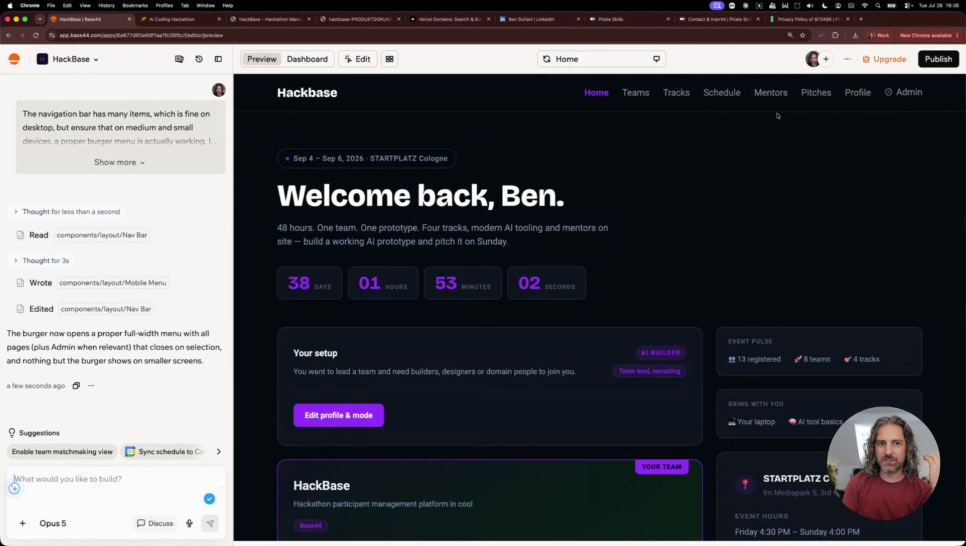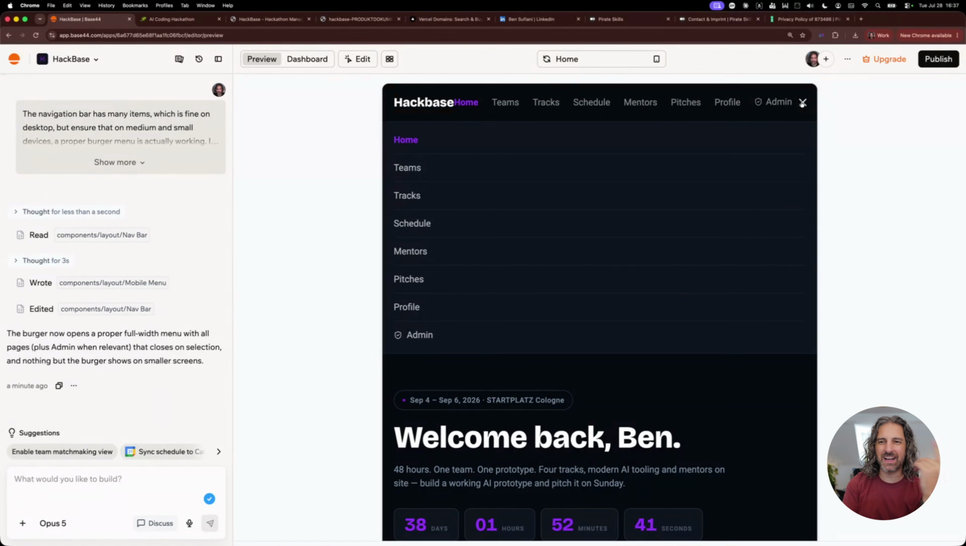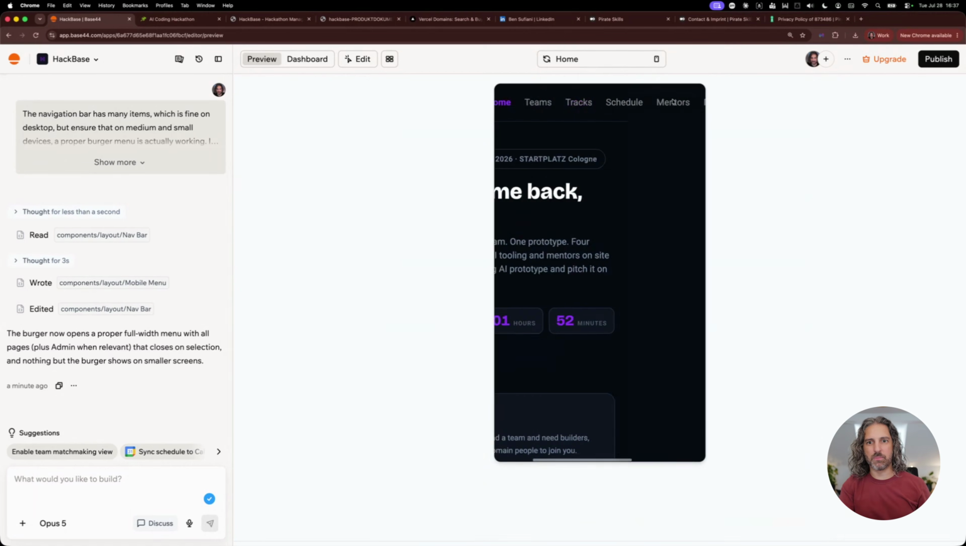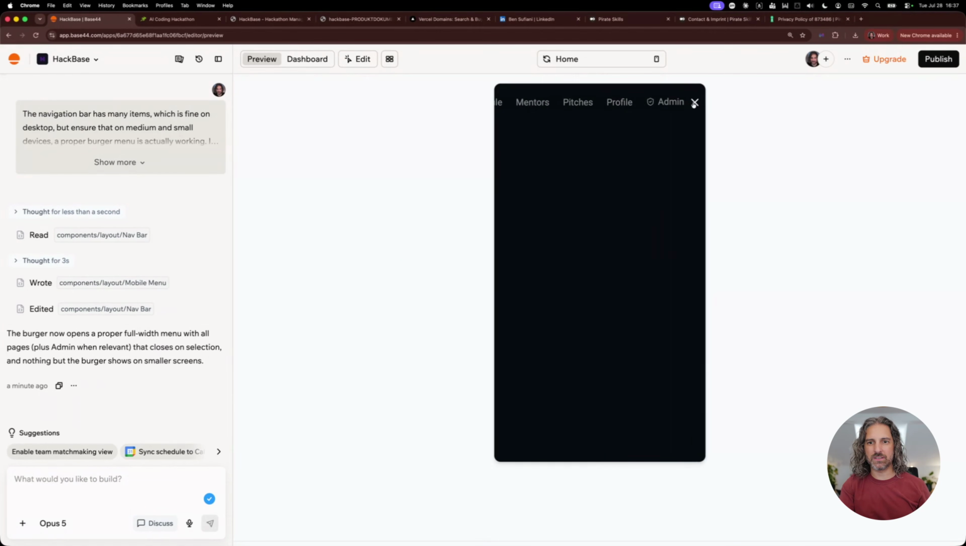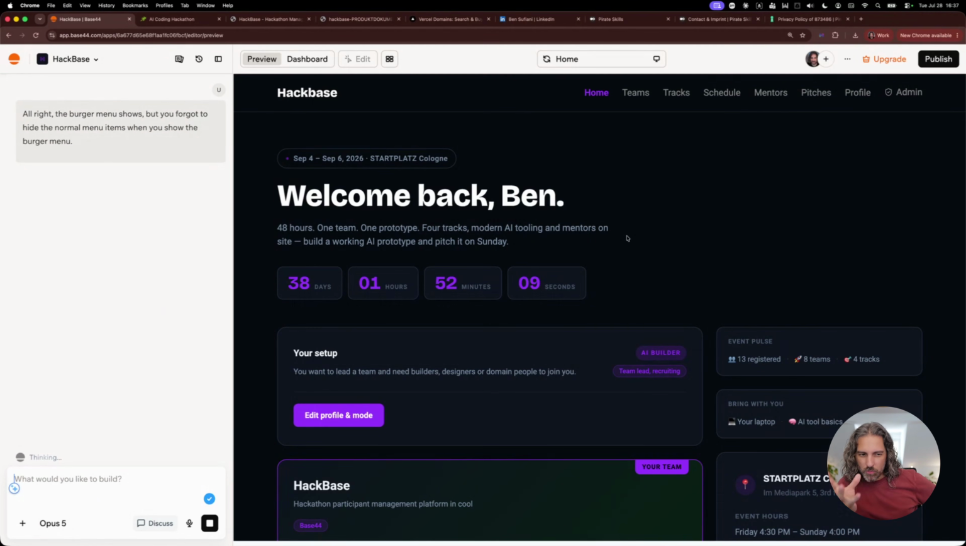So, this looks good. Do a final test here. Now, burger menu is not working yet. And we will not stop today until this one is working. So there's a burger menu, but it forgot that it needs to hide the other items when the burger menu is being called. So let's just give it that feedback. All right, the burger menu shows, but you forgot to hide the normal menu items when you show the burger menu. This can happen. So the home screen, I kind of will optimize at the end when everything is done,